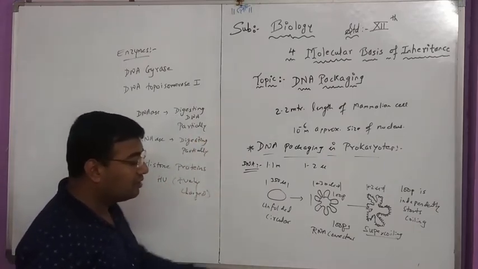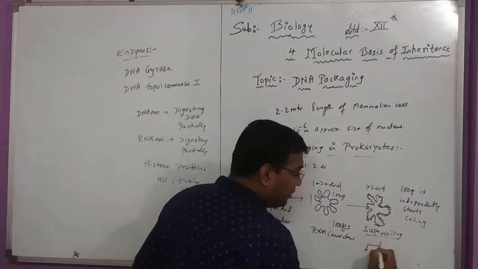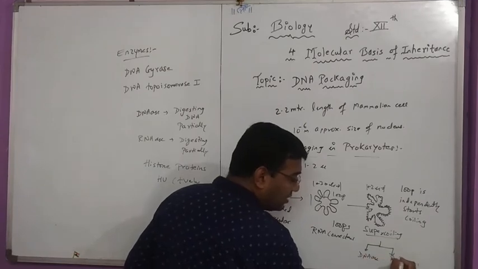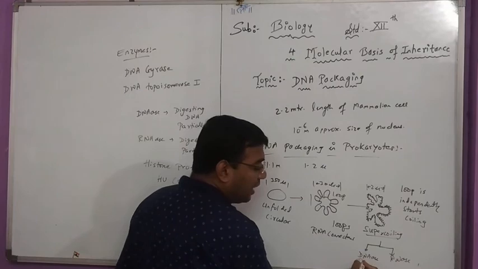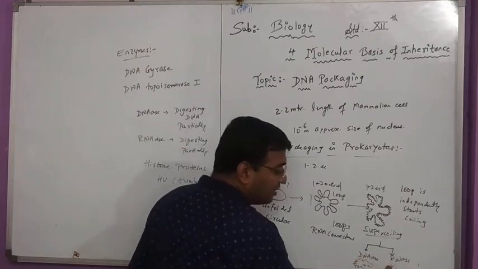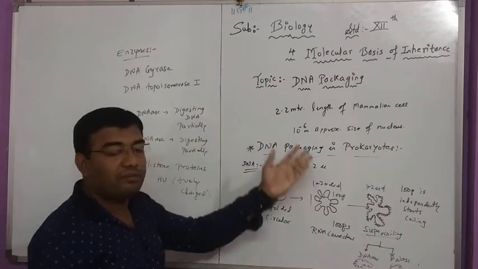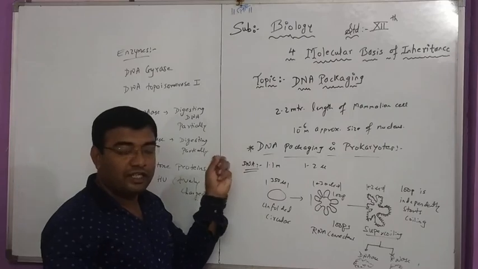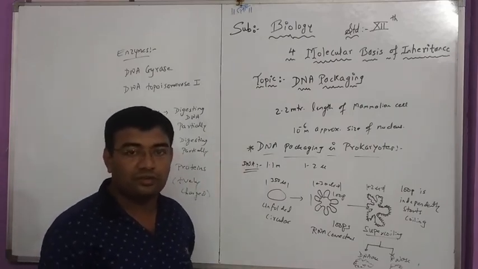You should know here what happens after the supercoiling. Two different enzymes take part: one is DNase and one is RNase, and then later the process is also taken up by partial coilings. We can say that a coiling takes place, which is the unfolded one. Okay, so this is overall about DNA packaging. DNA packaging is an essential process for fitting the genetic material DNA into the small nucleus. I hope you understood the video. Thank you.